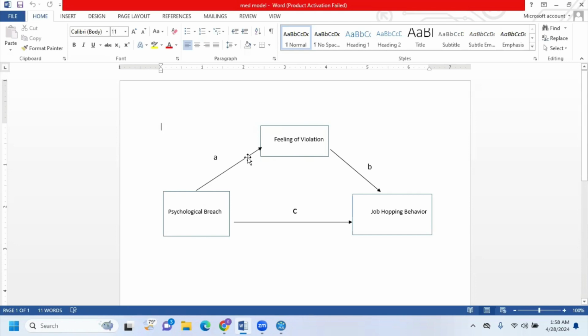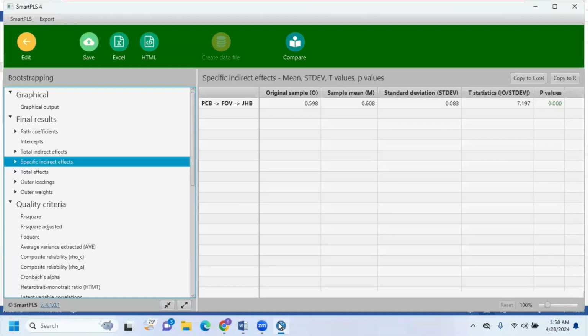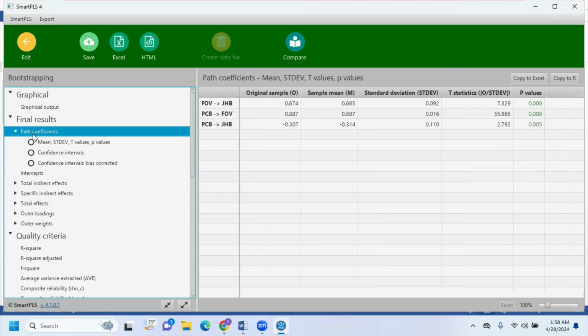Now I'm going to show you all this. Now go to path coefficients. Let me show you the direct effects. First of all, you'll see the direct effects. Kindly note it down. The first direct effect is psychological breach